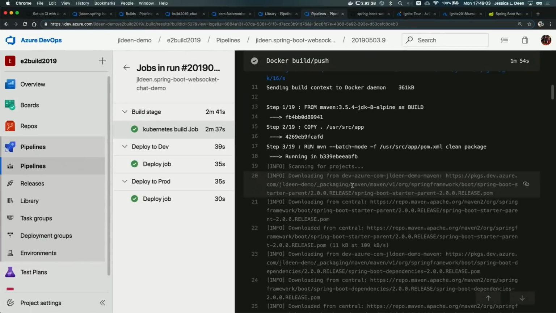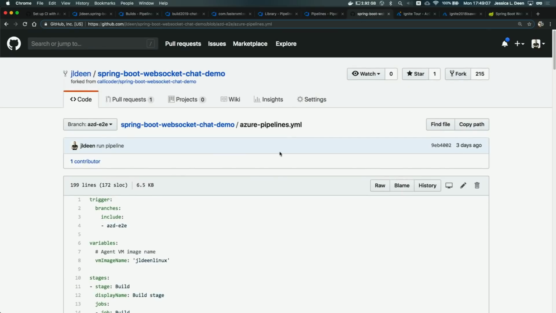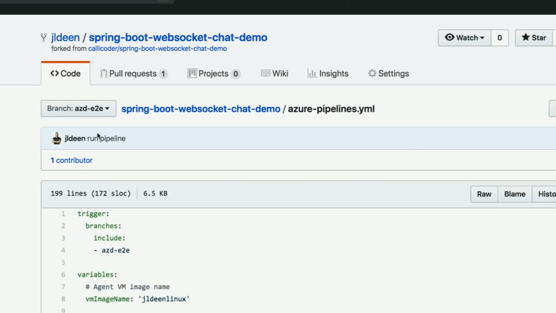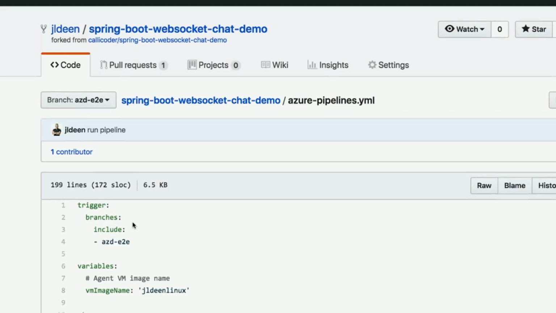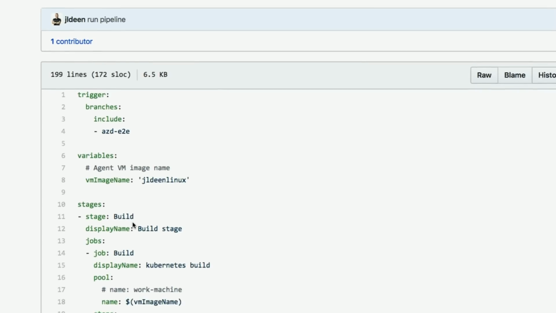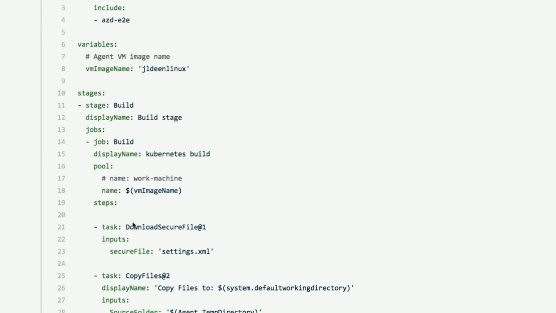Now, I'm sure you're wondering what the actual deployment to dev and prod looks like. Here's the actual pipeline. It's on an AZ2E branch on the GitHub link that you have access to. You can see the trigger. You can see the variables. This is starting to look the same as what we structured for our getting started demo. But now we're starting to see how we still have tasks,